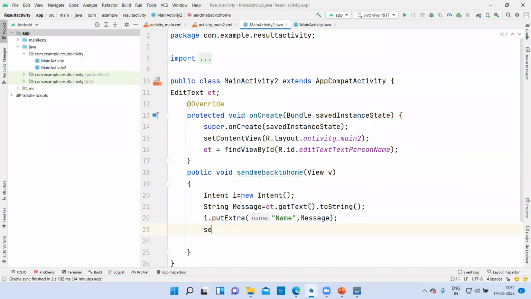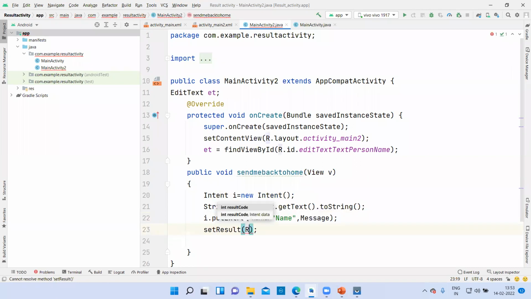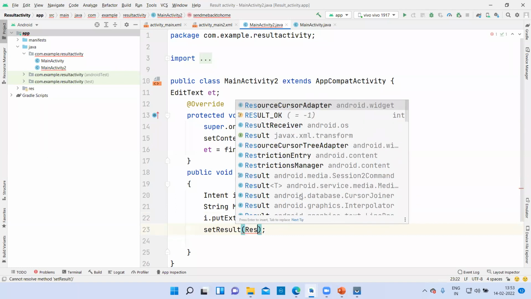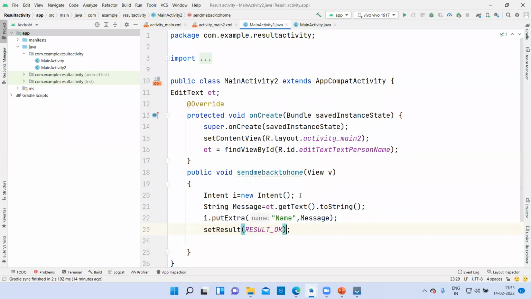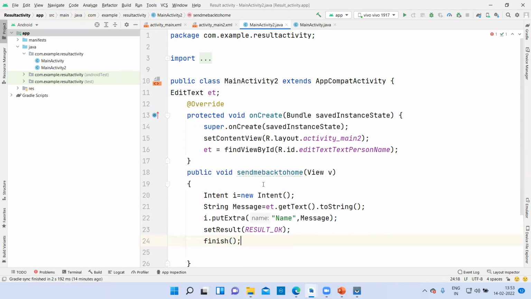Then you will write setResult, because we have sent the value, then the result code. Now it is sent. Now write finish, and close it. That's it. Let me see if there are any errors. No errors.